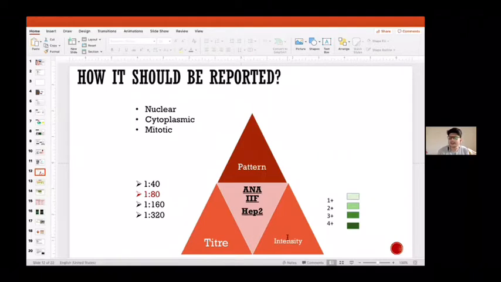After titer, third is the intensity. It is 1+, 2+, 3+, or 4+, depending on how bright it looks. It is green fluorescence, so depending on how bright it looks, we give it a grading. I will say it is a subjective grading. If your hospital has an ANA lab, you must go there and see this beautiful immunofluorescence ANA. How bright it is always depends on your control. We have control slides, positive and negative, we compare our result with that, and then give the result: 1+, 2+, 3+, or 4+.